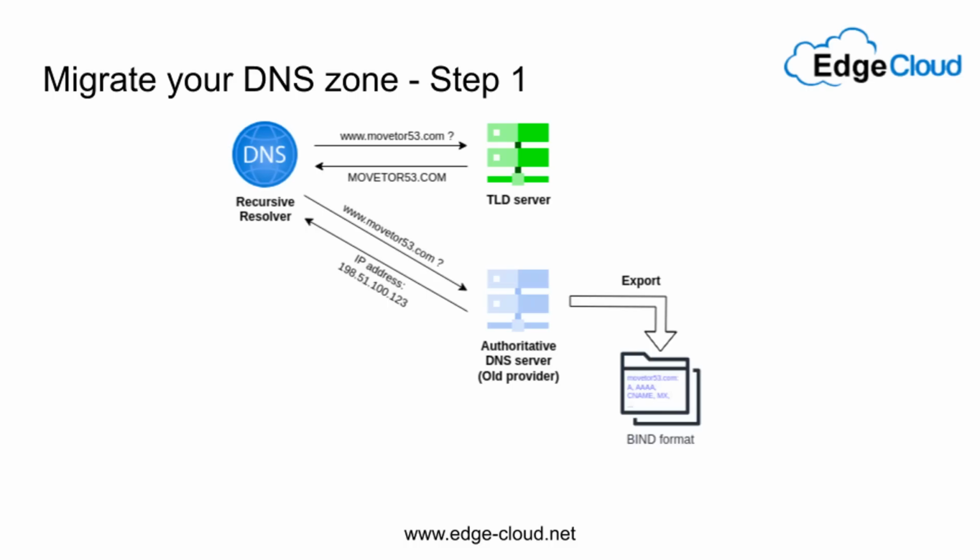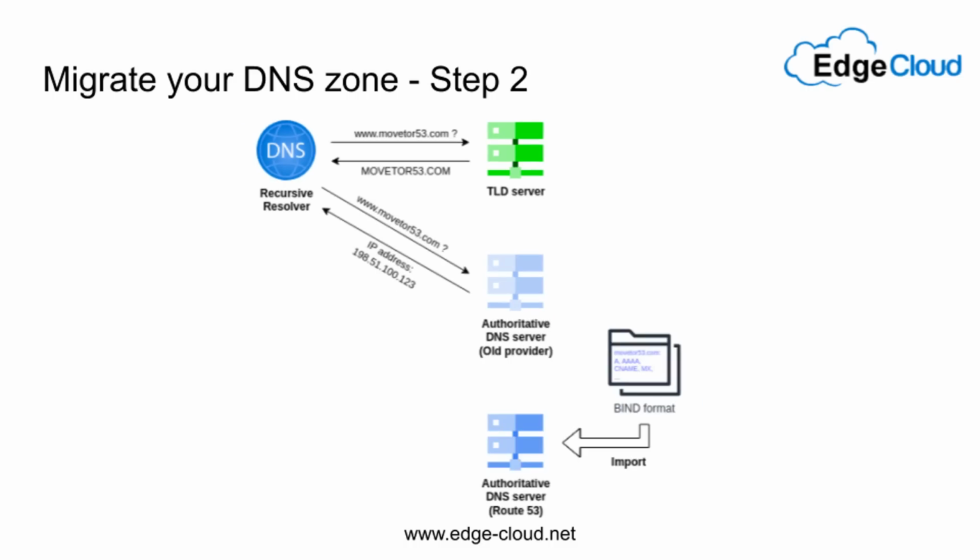While Google Domains can easily export the zone information of a domain in bind format, not every DNS provider can do the same. In a worst-case scenario, you might have to create the zone file manually by copy and pasting records from a web interface. In step 2, we create a new public hosted zone in Route 53. Afterwards, we will fill this initially empty zone by importing our bind formatted file.